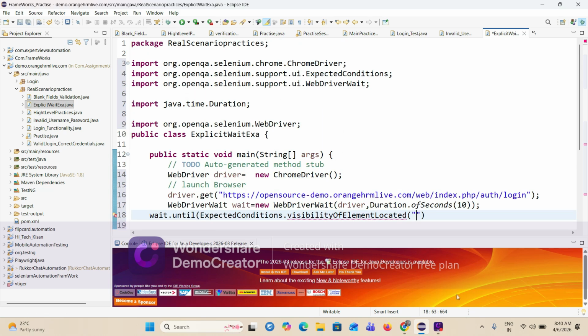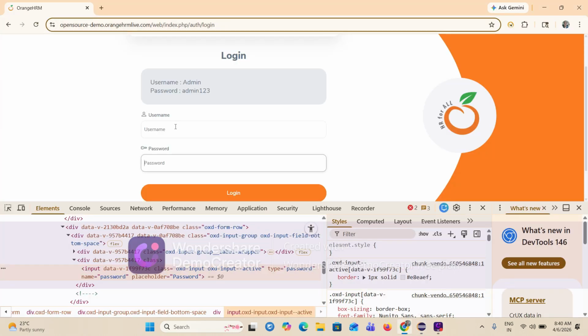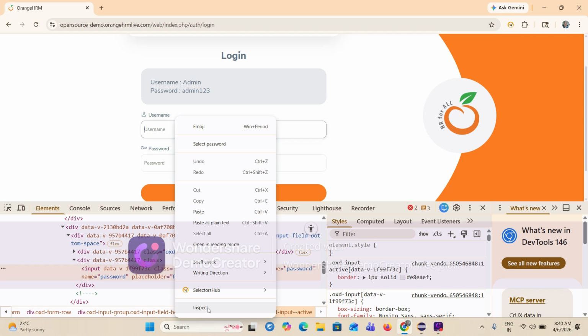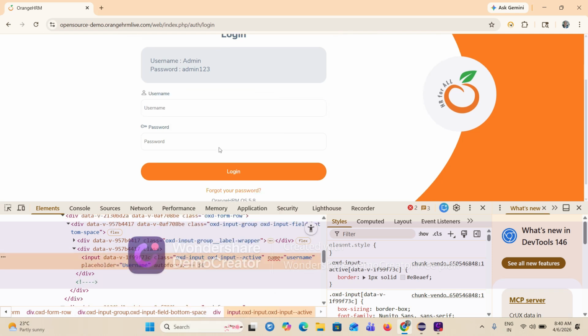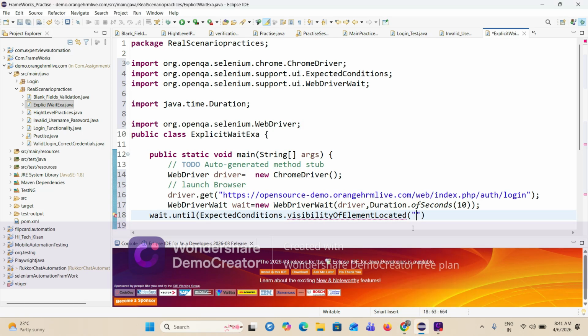I give the locator for username: right click, inspect, this is the locator for username, copy it, then I put it in.